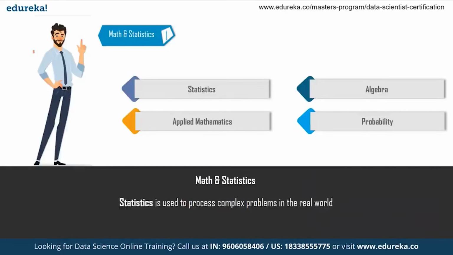And then learning probability helps you in making informed decisions about the likelihood of events, based on the pattern of collected data. And then linear algebra is actually helping you to understand how the machine learning algorithms work. So maths and statistics and these probability or applied mathematics and linear algebra are basically used to define all these algorithms that we have, but ultimately you are going to use the algorithms to implement. So it's better to understand how they work. So for that you need to be well versed in maths and statistics. Don't worry, guys, it's not too hard to understand this. We have tutorials on this as well. You can check it out on our YouTube channel.